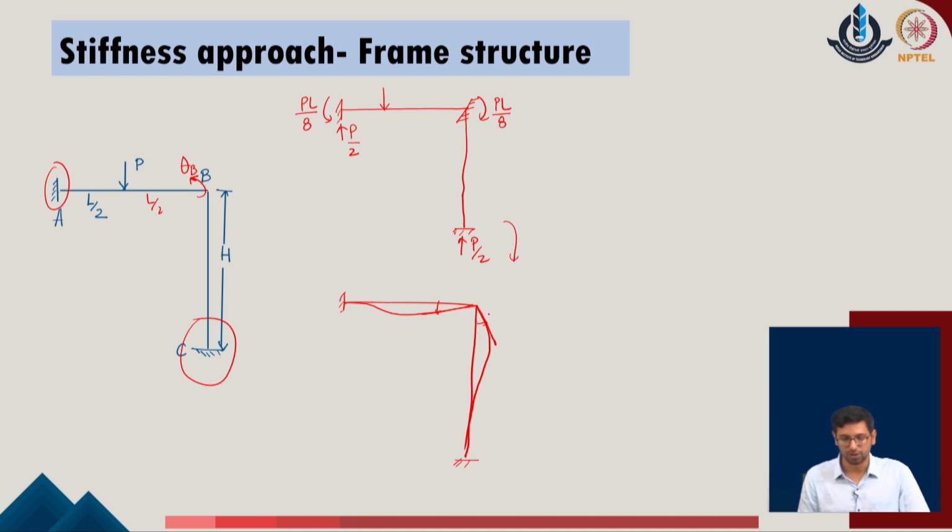We do this process to calculate the end moments, and once we have those values available, we can now write the standard condition that P is equal to PL plus S into delta in the given system. So, PL will be evaluated with respect to system 1, whereas S will be evaluated with respect to system 2, where we have released the unit rotation in the position of theta B in the given system.